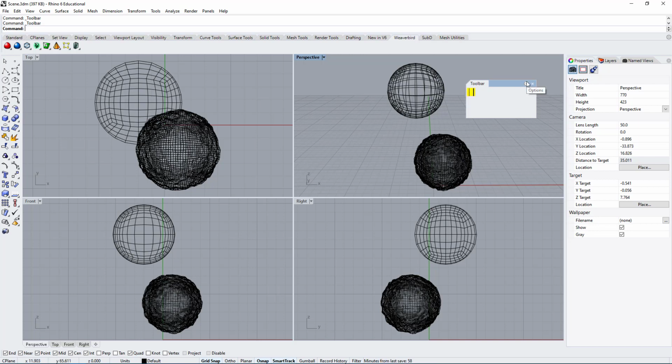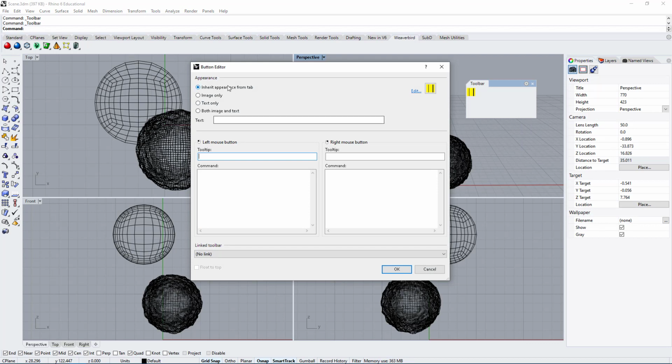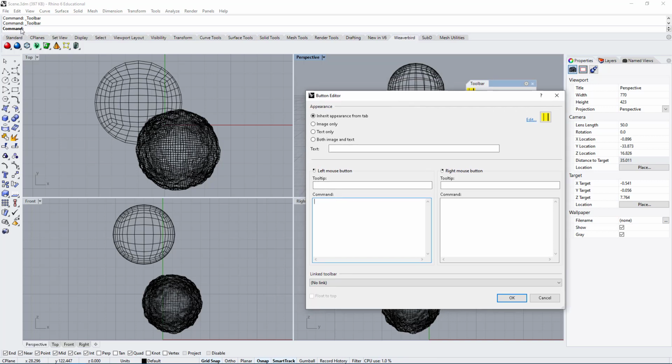If you go up here, you have options. And these are the options for what is within the toolbar. So let's click here, and you can create a new button. You can edit an existing button. So let's do that. Let's edit this button. And if you click here, you can see now you can create a command. So you have to understand what command you will be using. And here you can see on the top left under the command, it says toolbar. So toolbar is a command, but there's a lot of commands. And so you have to remember how to spell out that specific command that you want to use.